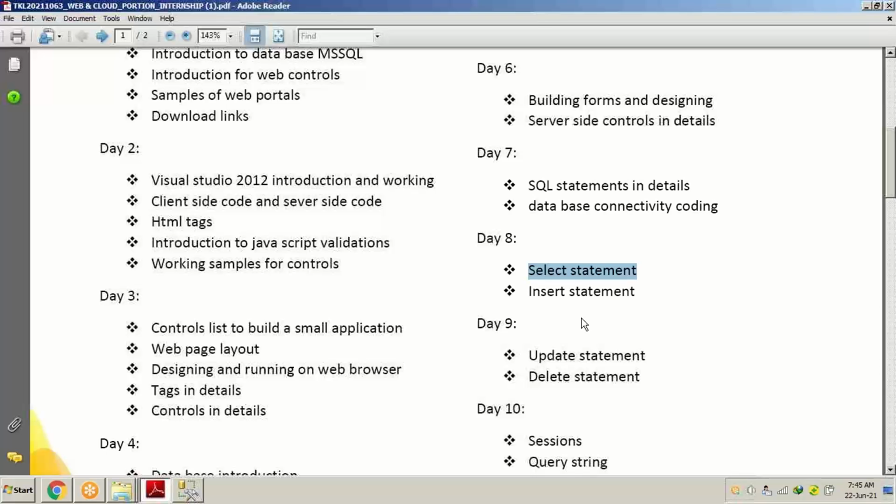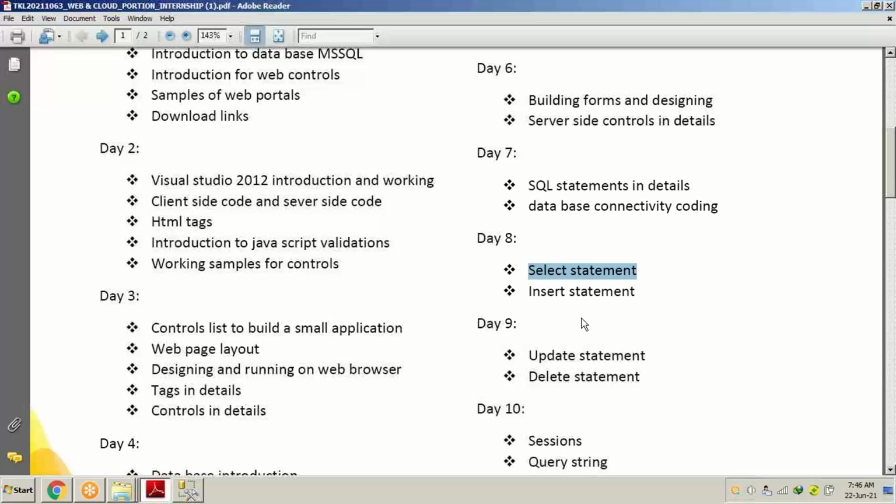You all know that in our previous sessions, while creating tables, we wrote something inside our tables. But that was only to make you understand. That is not the process to insert data. We have to create a form in ASP.NET, in Visual Studio 2012, and write the code at the back end. When we press the button, that data should get inserted into the table by itself with the help of coding.